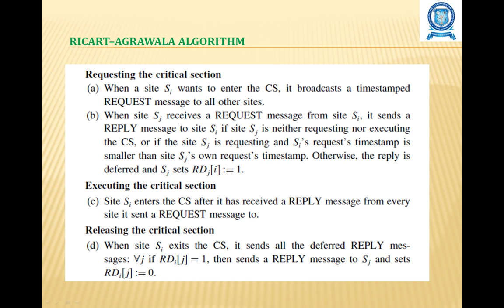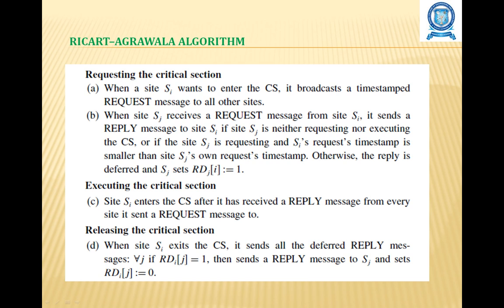So sn is the updated value of RNi, and also when a site Sj receives the request message request(i, sn) from site Si, it sets RNj[i] to the maximum. After updating the RN value, the site Sj sends the token to the site Si if it has the token and RNj[i] is equal to the token's LN[i] incremented by 1.